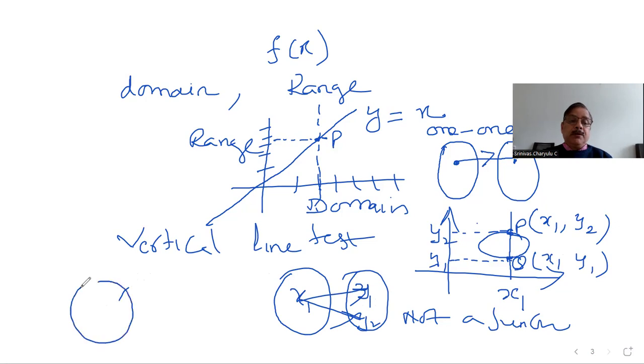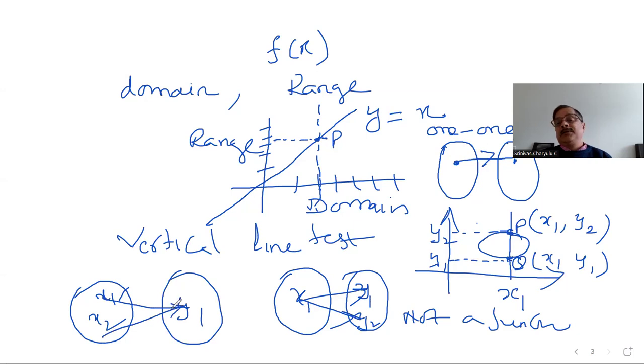It should not be. Now, this is okay for us. For example, in the domain, let us say I have x1, x2, and here I have y1. Both x1 and x2 can seek the same image. That's not a problem. But one element of the domain should not have two images. That is the problem. So now here, let us say, for example, I have one parabola